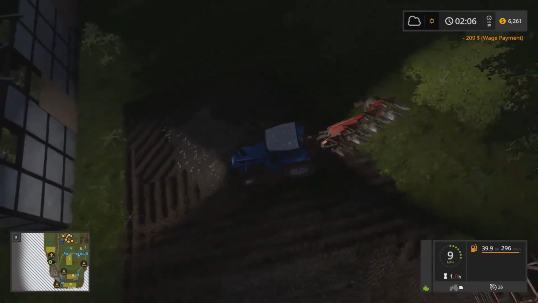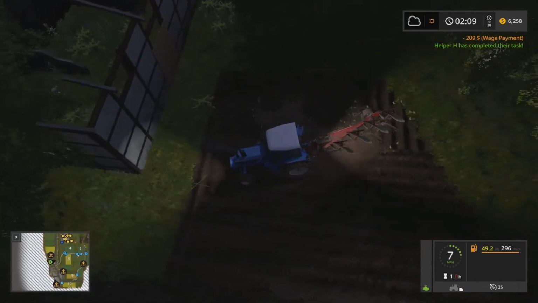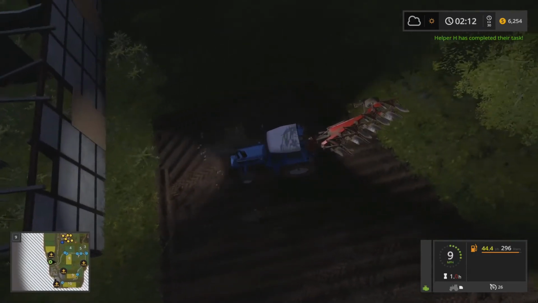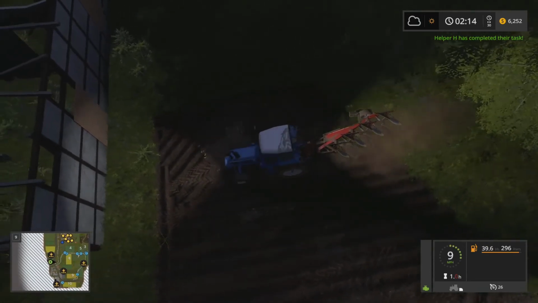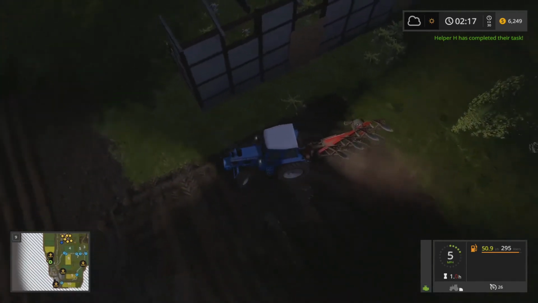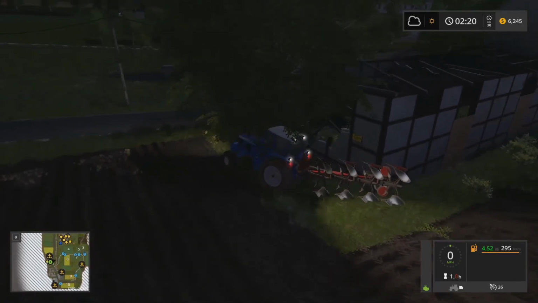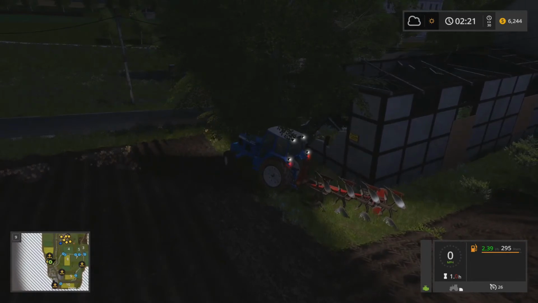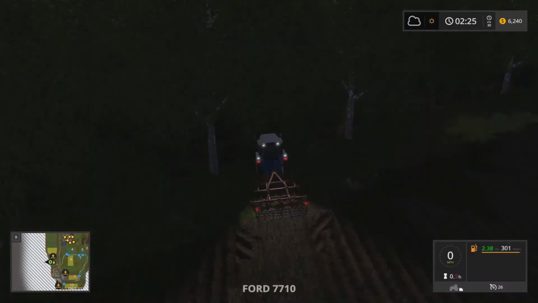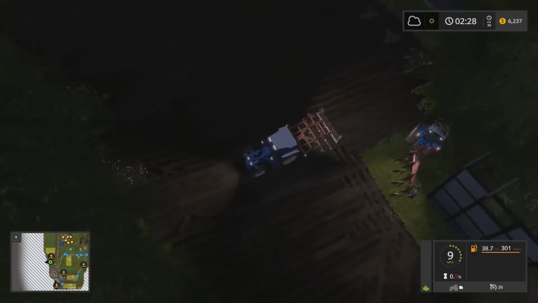Again, this is the second time playing this map, so I have some learning to do. Helper H has completed their task. I believe Helper H is our harvester. The harvester. Just some unlegit plowing there. And then actually, we will drop that off. I forgot. Manual attach. And we will actually, yeah, we're going to swap tractors here,